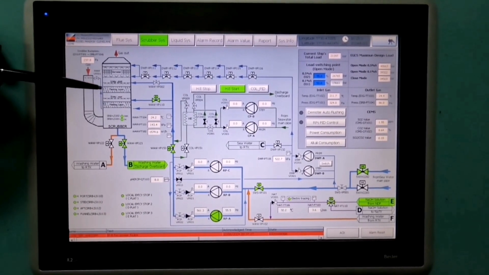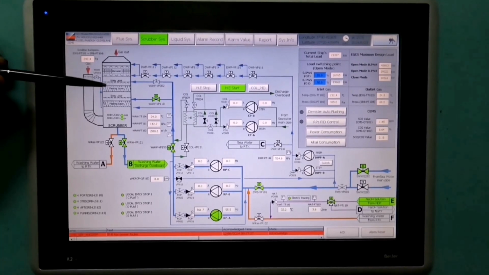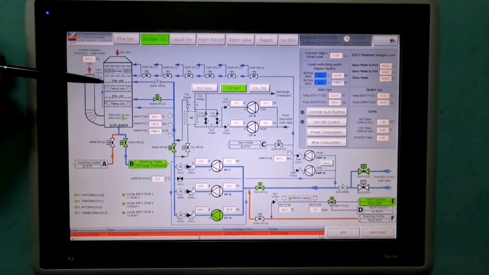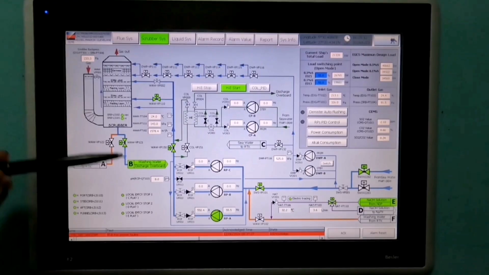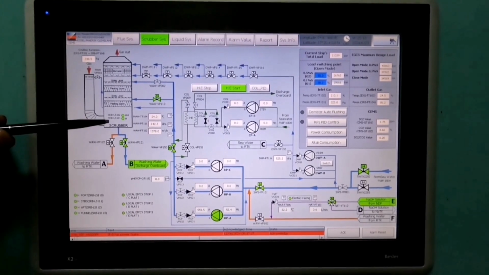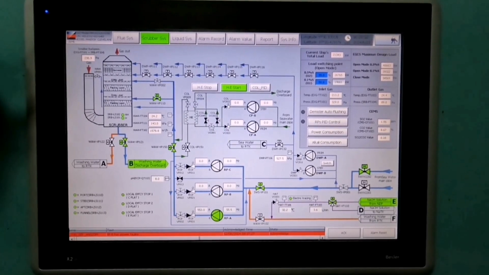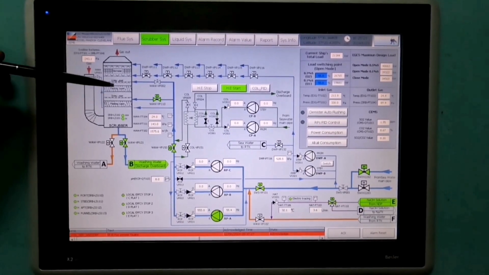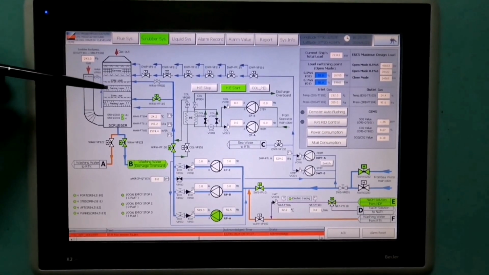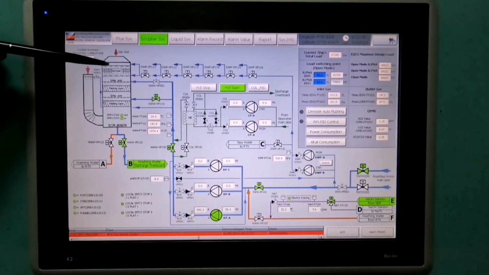Here you can see this is our scrubber. This has got two layers, two packing layers, and on top of that there are the nozzles. So seawater is getting sprayed on the exhaust gas which is coming from the main engine, auxiliary engines and the boiler. So in this scrubber, water is sprayed through the nozzles, and on top of the scrubber, as you can see, there is a demister.